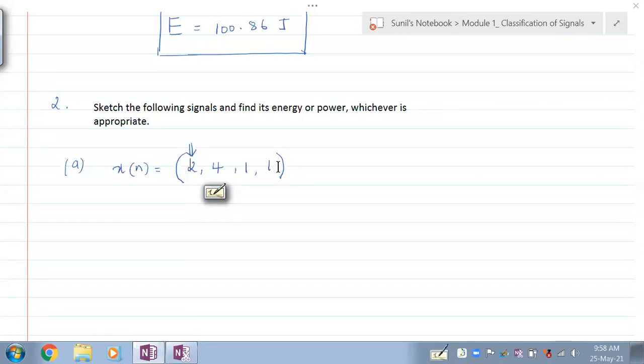Seeing this, what information can you collect? What classification does it belong to? First classification, what is that? It's a discrete time signal. How can we say it's a discrete time signal? Because it is x of n. So this tells us that it is a discrete time signal, and these are all samples. When we say these are all samples, we should know which sample is existing at 0. So wherever this arrow is pointing, it means that it points at sample 2, meaning this sample 2 is the 0th sample.